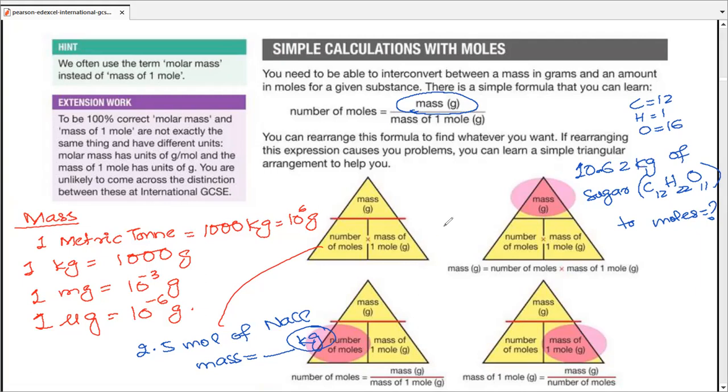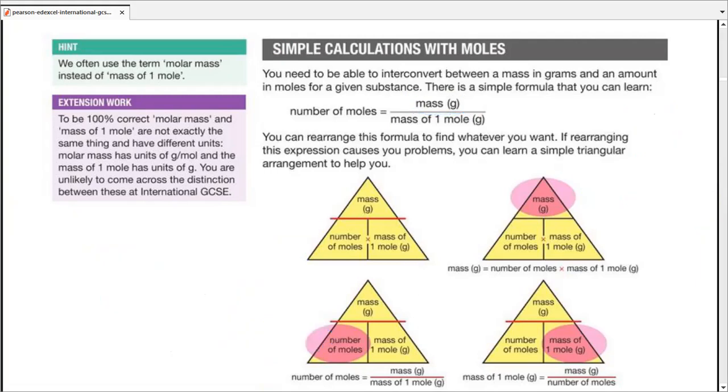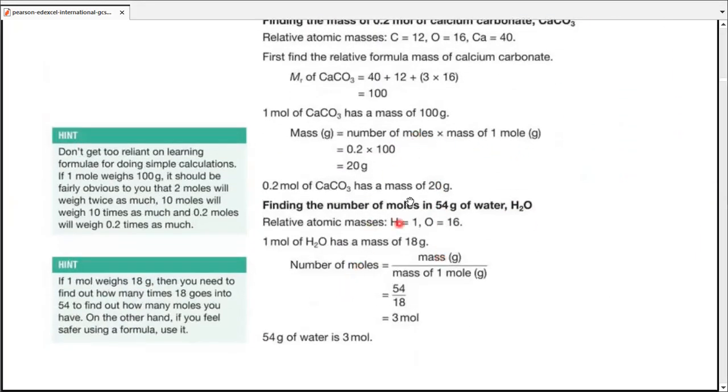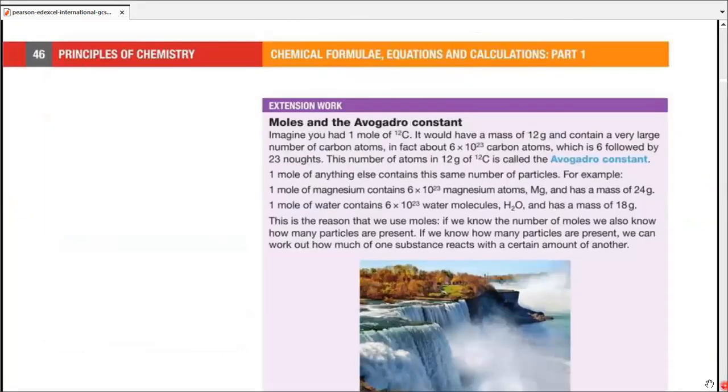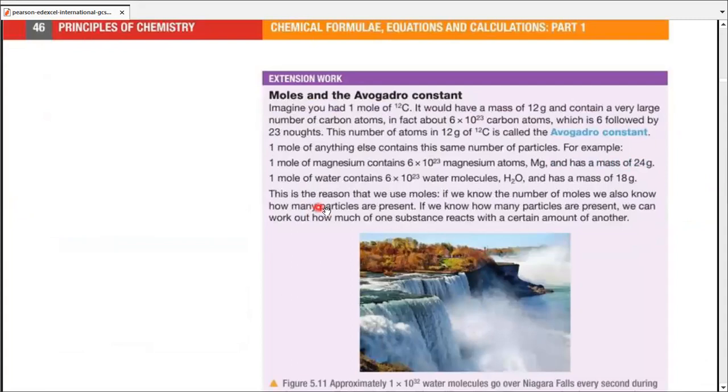So make sure you have these mass units with you so that if they come up, and they rarely do, they usually talk about kgs and tons. They hardly come with milligrams or micrograms, but you should know so that you don't have a problem. And remember, if you know these values, they're going to help you in maths, and in physics as well, because the quantities are similar for most of them. So there are some questions over here for practice, but I think that's as much as we need to practice. Past paper questions are going to be much better at this. Now, Avogadro's constant, for that, I think we should do